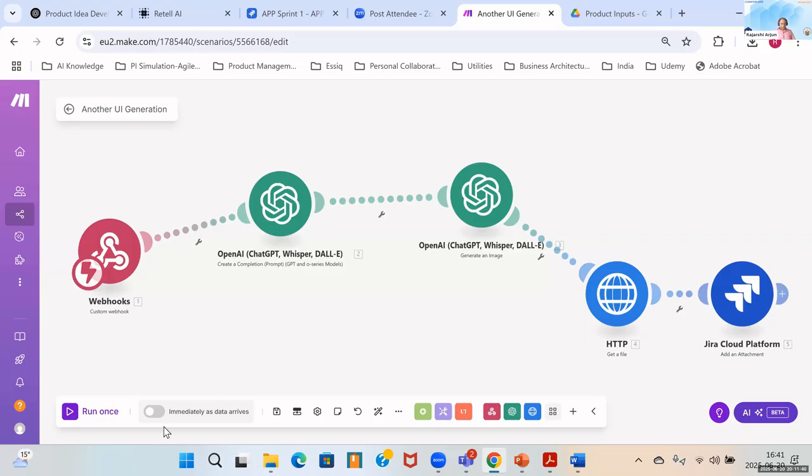Okay, so let's do that now. And I will also configure this as immediately as data arrives. Okay, so the moment I transition this, this is going to start.